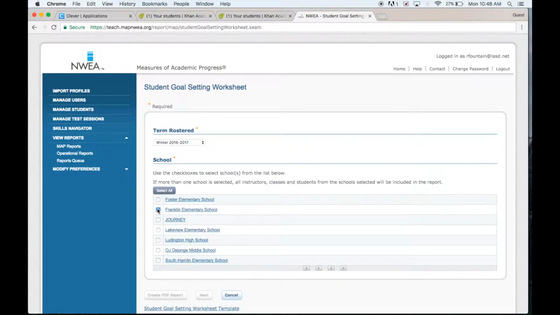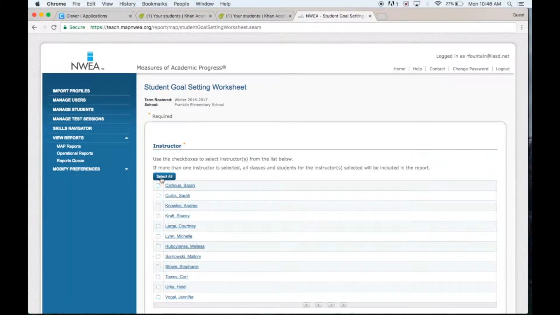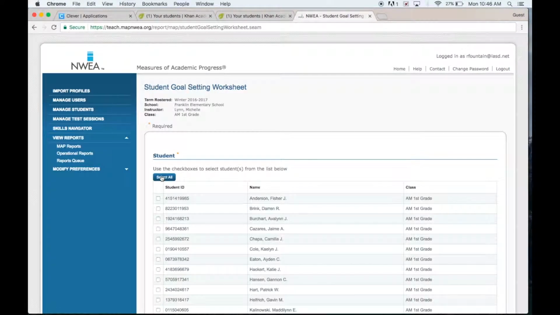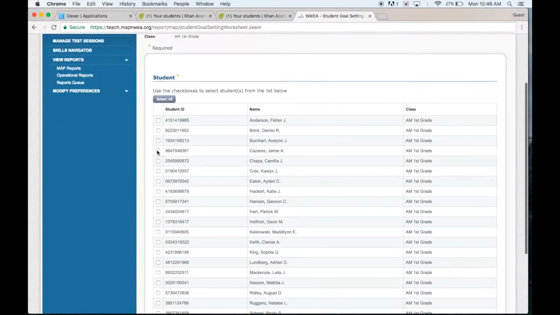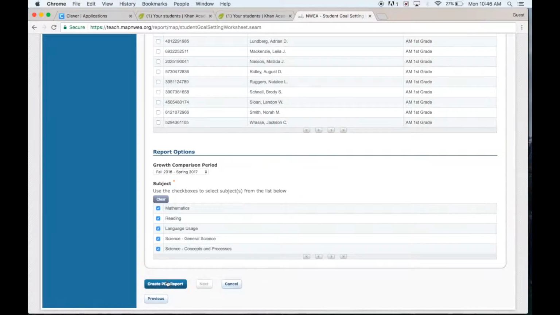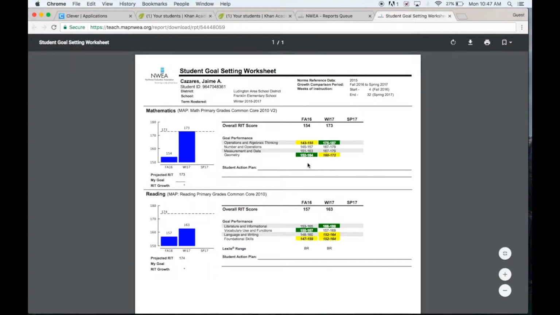Mine looks a little different right now because I'm logged in as an admin, but basically you're going to select your student or group of students that you would like to pull a report with. In this case, I'm just going to pull one for now to make it quick. I'm going to leave all of these selected. That's fine. Okay, so I'm going to view the report right in the browser, and it's going to pull up